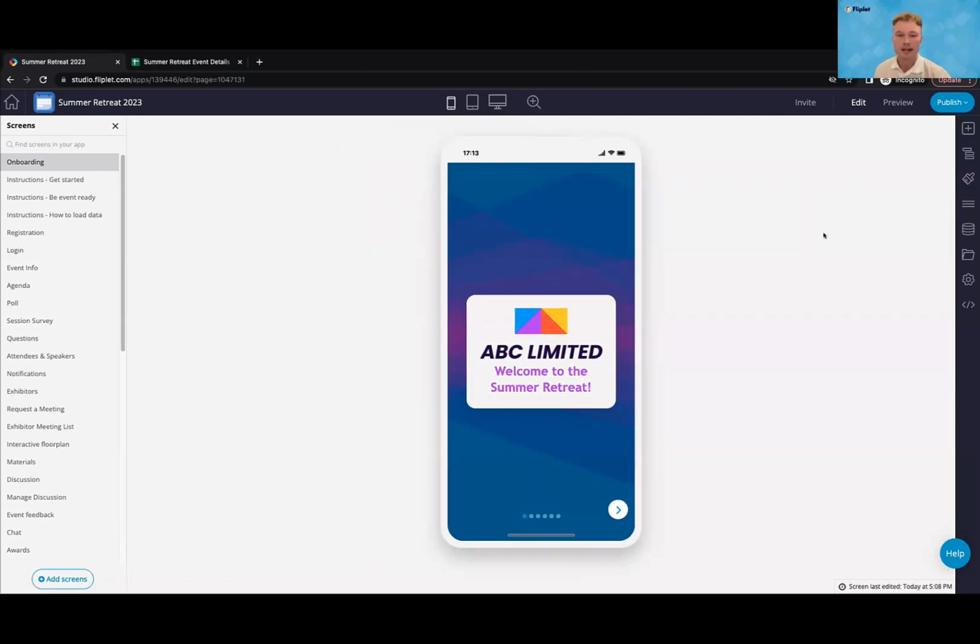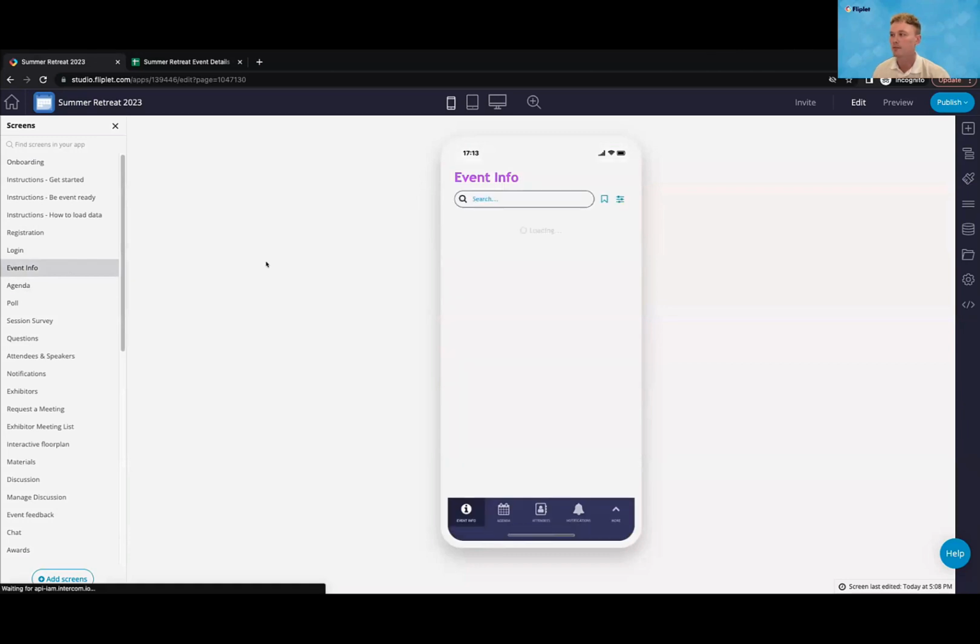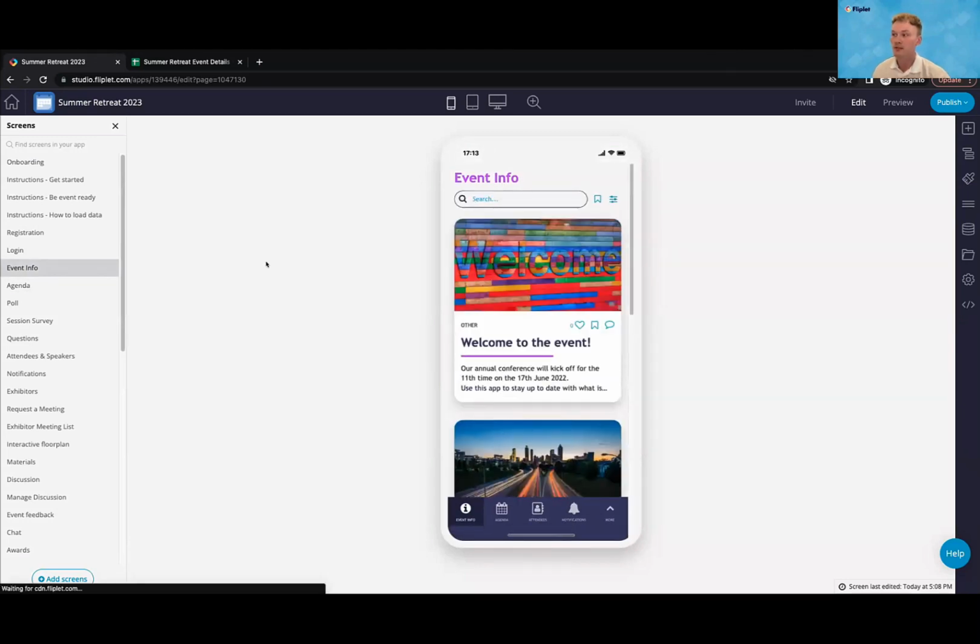So that's great. We now have our branding on the application itself, but there's a couple of other changes that I want to make to my app as well. If we navigate to the event info screen, you'll now see that our branding has updated on the app. Our title there is in purple, which is great. And it's following through on our list from a data source component as well, which is essentially just a dynamic